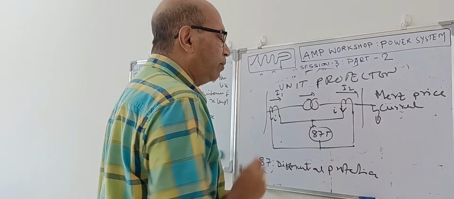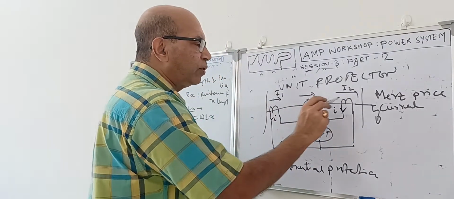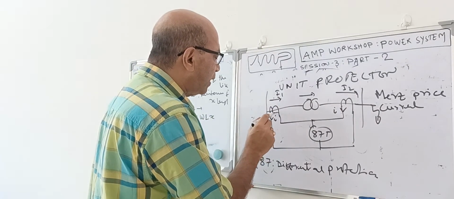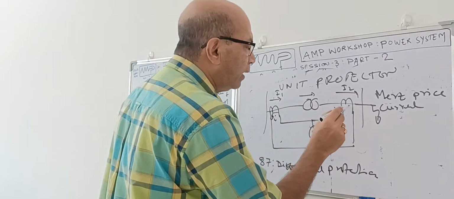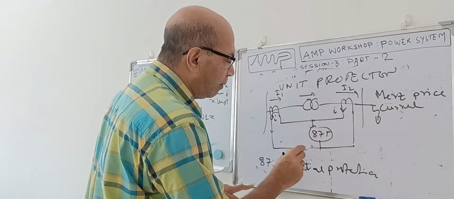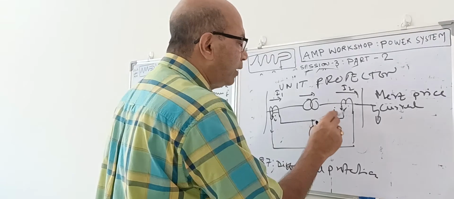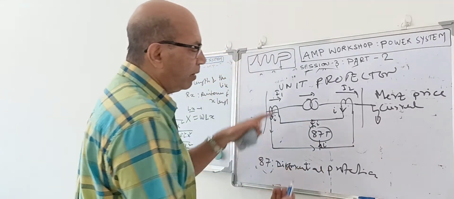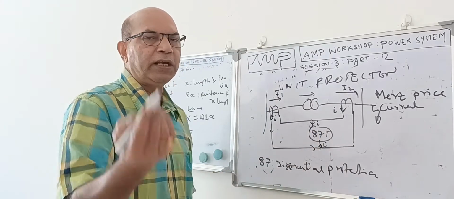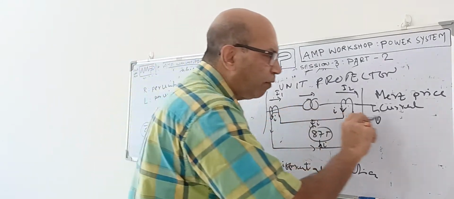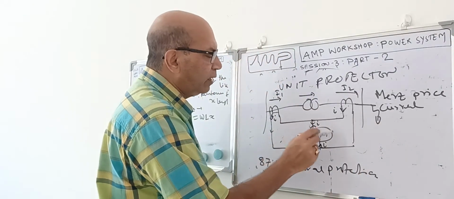Now if the fault is over here, what is happening? Both CTs are carrying the current. Due to this primary current, the CT secondary current will flow this way, and here the CT secondary current will come this way. So this current will come like this, then go to the relay coil, and this current will come through this. This is I, this is I. So what will happen? The relay unit will not see any current at all. It is zero current, so it will not operate. That means when the fault is outside, this relay is not operating.